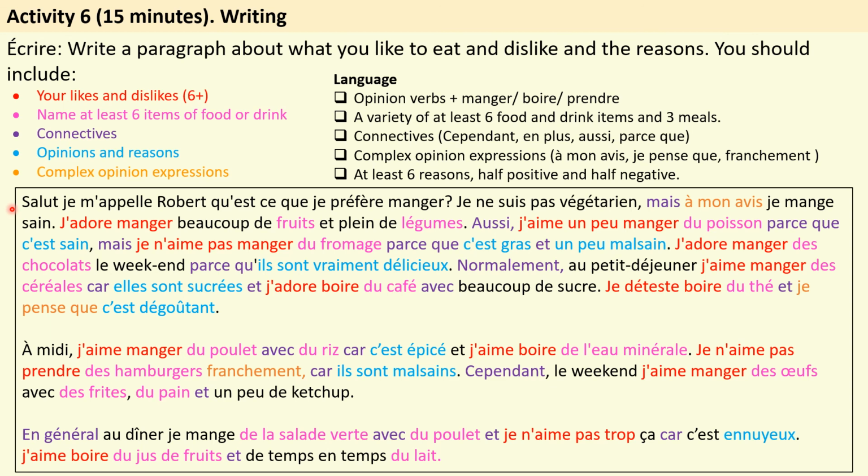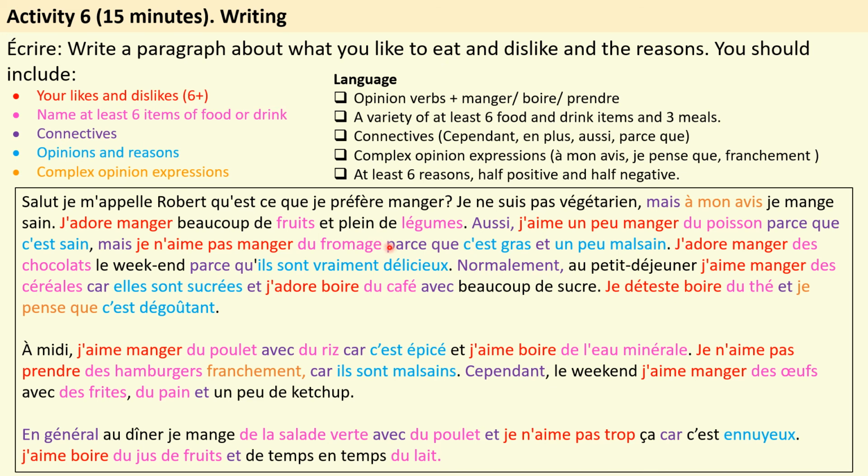Okay, so I've highlighted it in colour so you can see the likes and dislikes in the verb format here. Je dois manger, j'aime un peu manger, je n'aime pas manger, etc., etc. They're all in red. 6 items of food and drink are in pink, so you can see I've done way more than those.